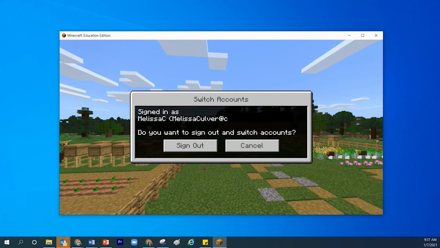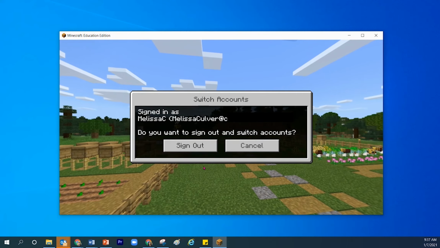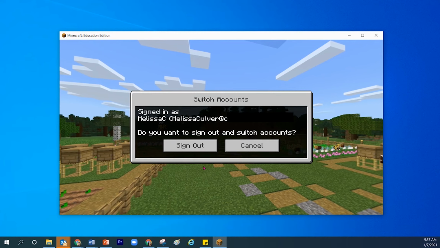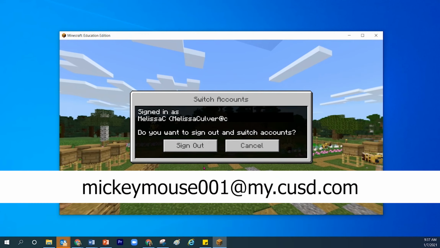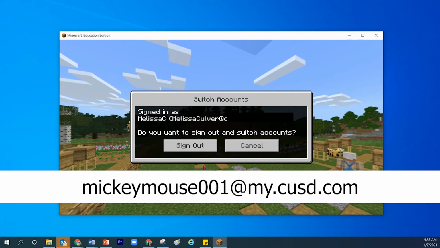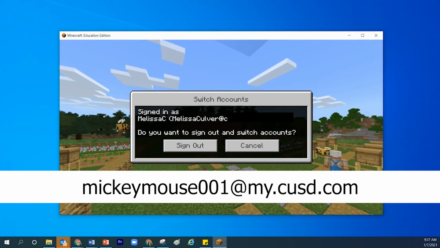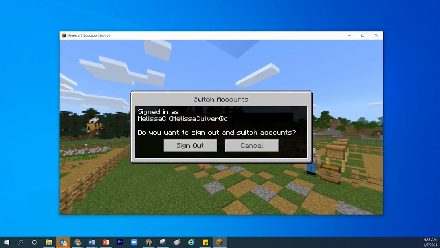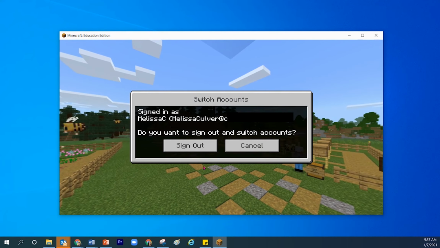Now, for students, the email form is going to be different, and that's going to be similar to Mickey Mouse 001 at my.cusd.com. And that's the pathway that the students would use in order to sign in to their CUSD education accounts